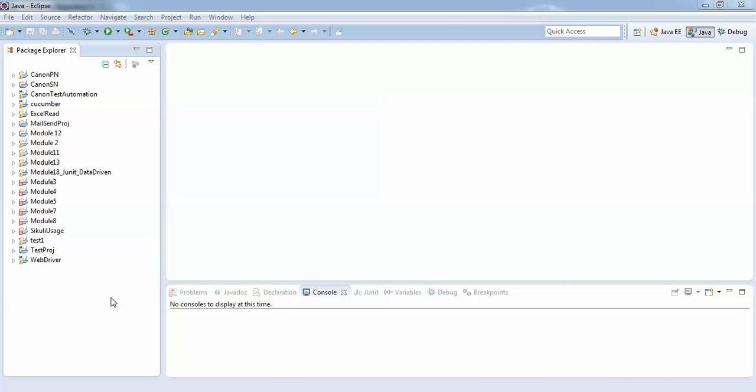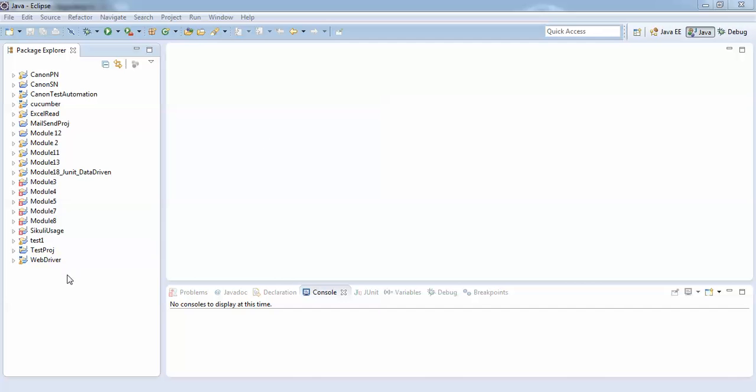Everybody, here I am going to guide you how to create a Maven project and then how to manage dependency. Maven is nothing but a plugin. We use it to manage jar files in our Java project. Instead of adding jar files to external libraries manually, you can do it using Maven.